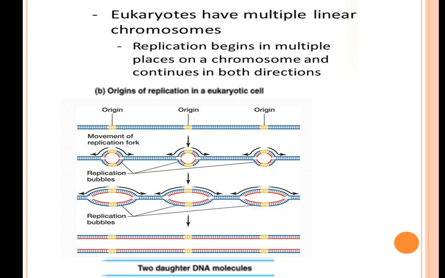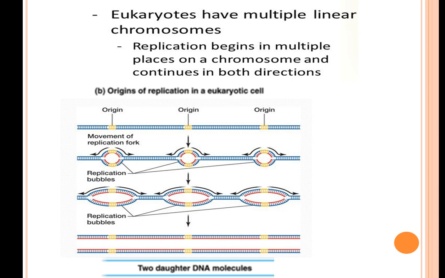Now each individual zone of chromosome replicates as a separate section called a replicating unit or replicon. Here you can see one origin, second and three. So each replicon unit has its own origin of replication, and the replication bubble is being formed. Now multiple units are seen undergoing replication at any given time in a replicating chromosome.